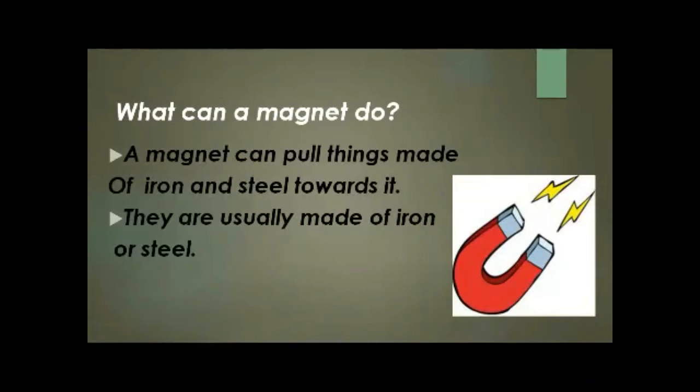A magnet can attract a paperclip and a nail. Paperclips are made from steel and nails are made from iron. As I told you, things made from steel or iron can be easily attracted by a magnet. It can even move an object without touching it. If you put a nail in a glass and press the magnet against the outside of the glass, the nail is pulled toward the magnet. We call this attraction magnetic force.